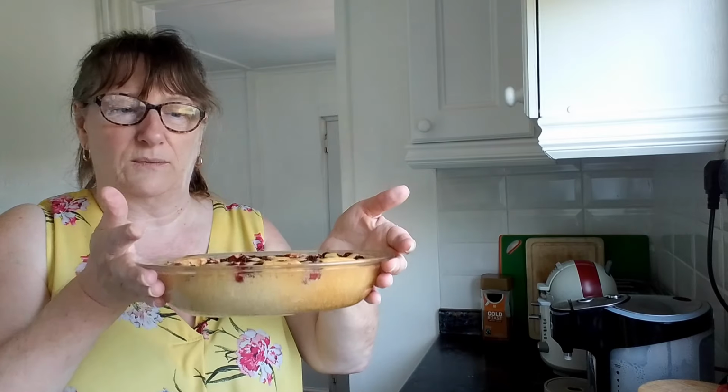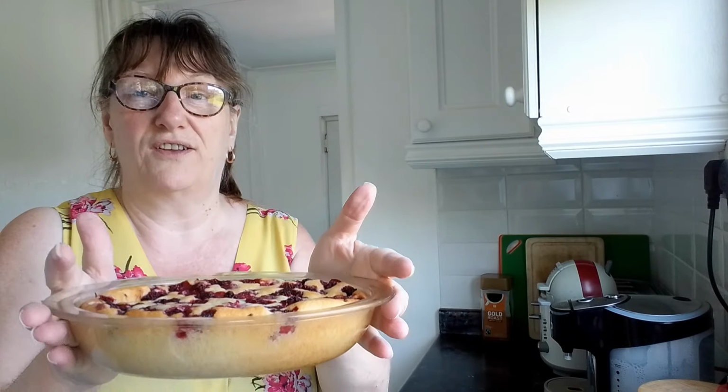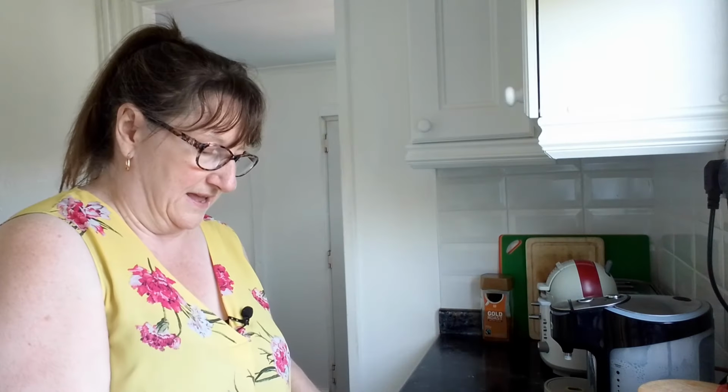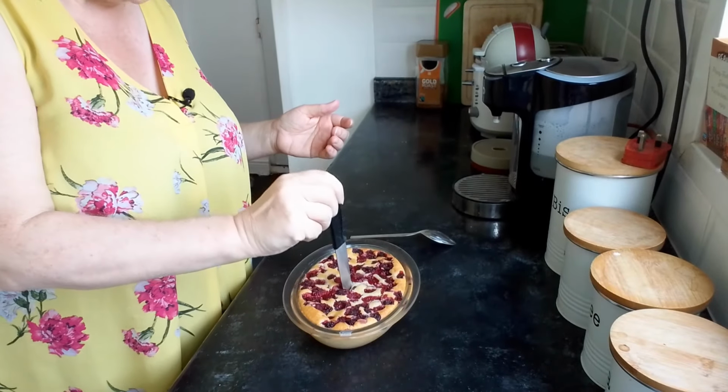Okay, so we've gone just over 10 minutes. It feels cool enough because I can pick it up now. It is, I won't say sunk, but it's not as puffy on top as it was. It's level now with the dish. So I'll just bring it down. I don't know whether I need to put this in, but